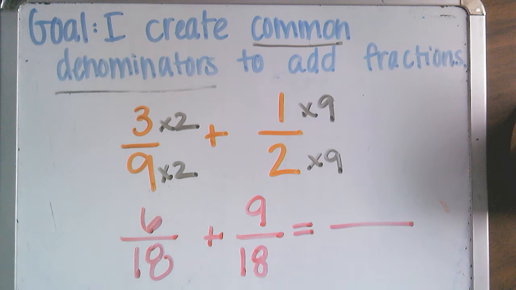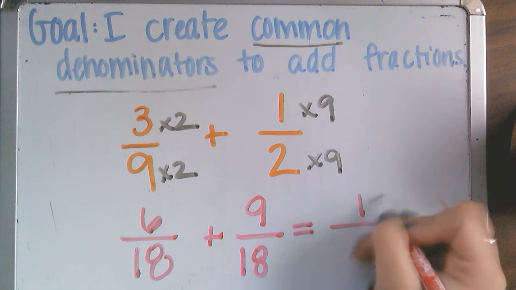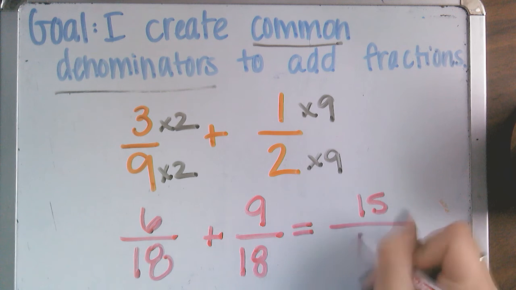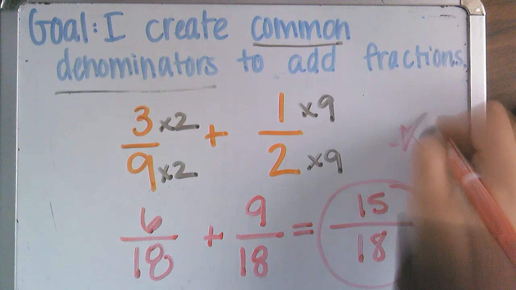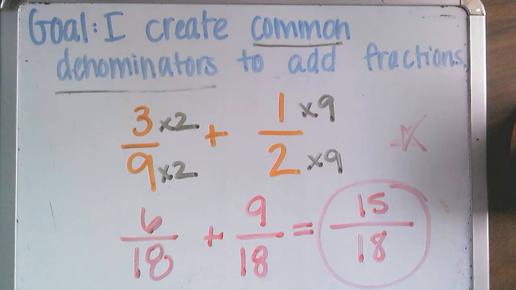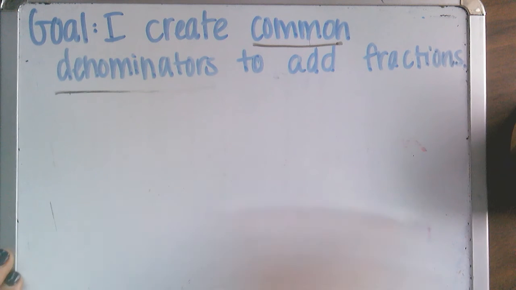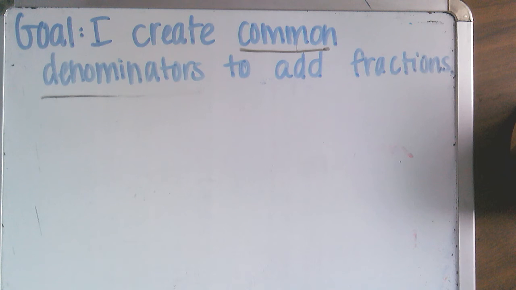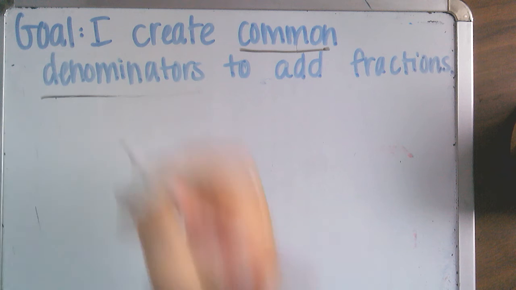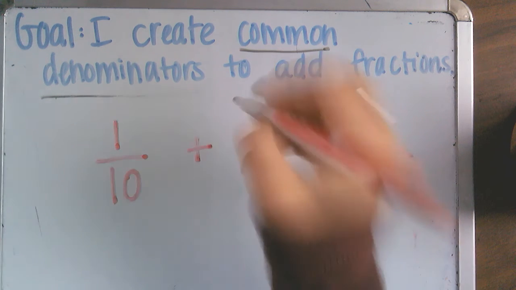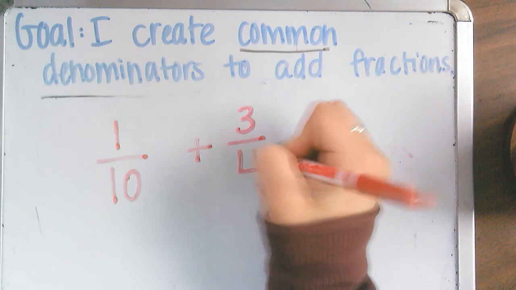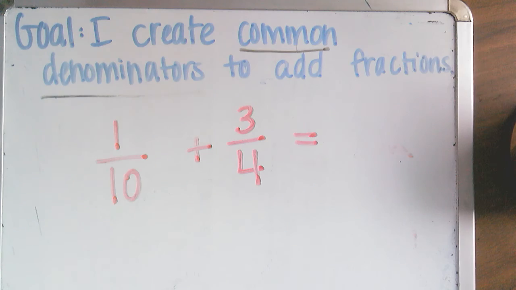Now we need to add them. 6 plus 9 is 15. And then our bottom stays the same. So 15 over 18, circle it and celebrate. Alrighty. We now have 1/10 plus 3/4. So my first step,